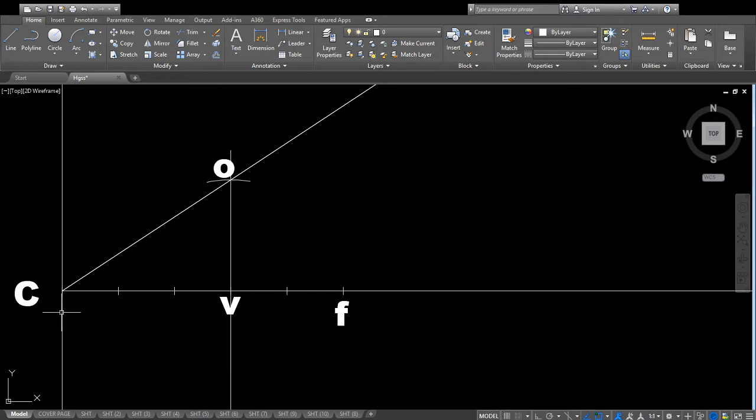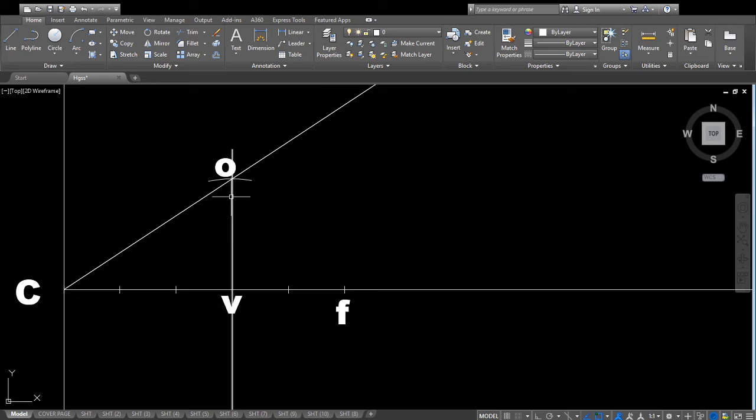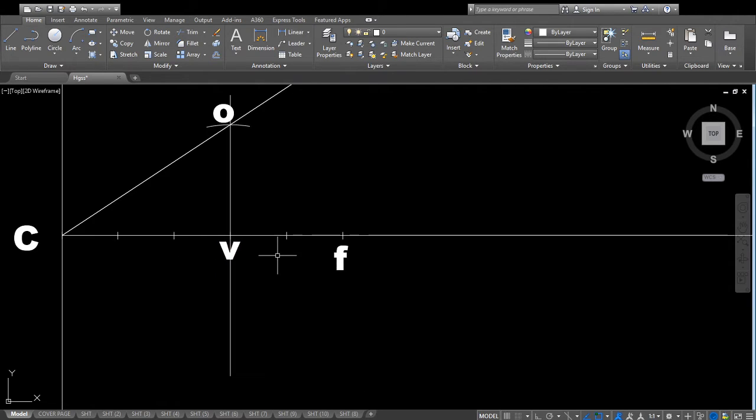The distance from V to C is 3 ratio of the total distance from C to F, while VF is 2 ratio of C to F. So the ratio is 2 over 3, that is the eccentricity. So VO is equal to VF. Now the next thing is to